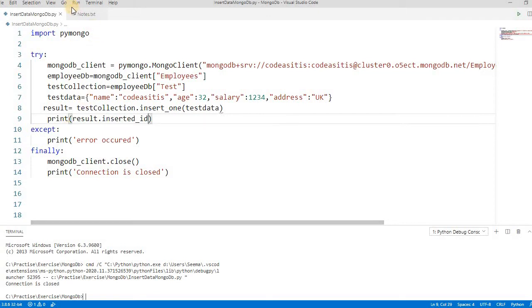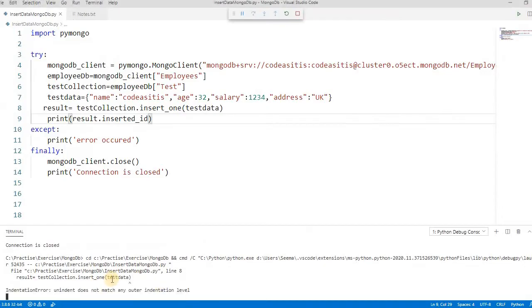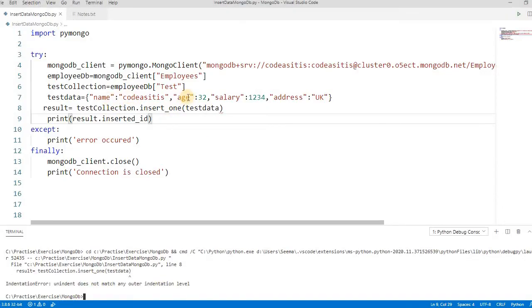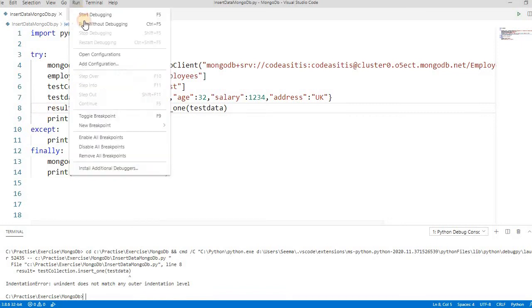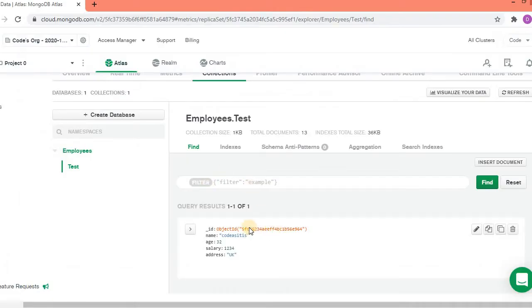Oh, the indentation is not right. Let's run this again. See here, it's giving 5677 something, and that is this object ID. So it will give you the inserted ID's value.